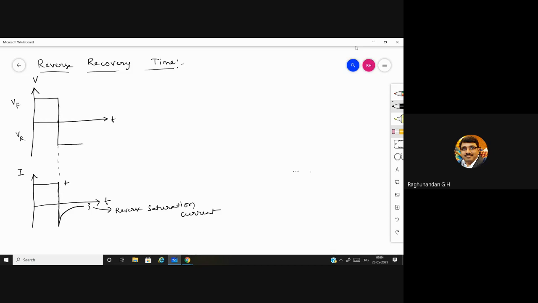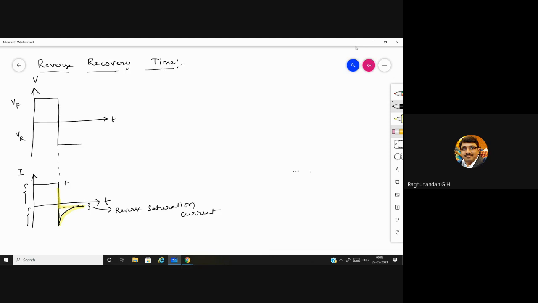But you can see that the amount of current it was having here, it is almost having the same amount of current in reverse bias condition also. According to our theoretical understanding, the current should be here. So the current should come like this, and it should be at this level. But you can see that instead of being here, it is coming out till this level. After that, it is going to slowly decrease.